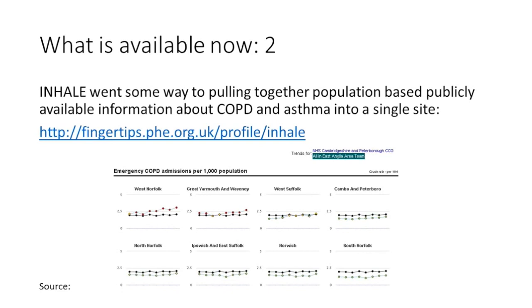So I think one of the things that I'm particularly interested in is that there's a whole science of visualization, and there are gurus like Tufte who talk about small multiples and multivariate analysis. So presenting lots of information in a small space is an important thing to do. This particular chart is the trends in COPD admissions in where I come from, and you can see West Norfolk going up, Great Yarmouth going up.